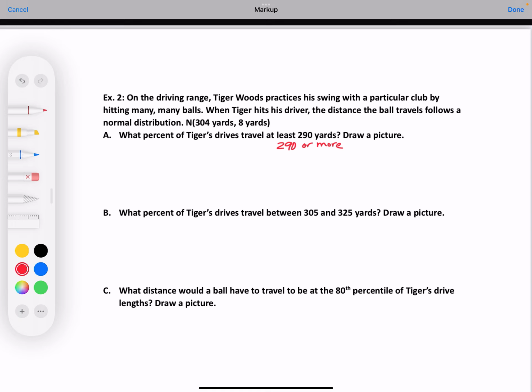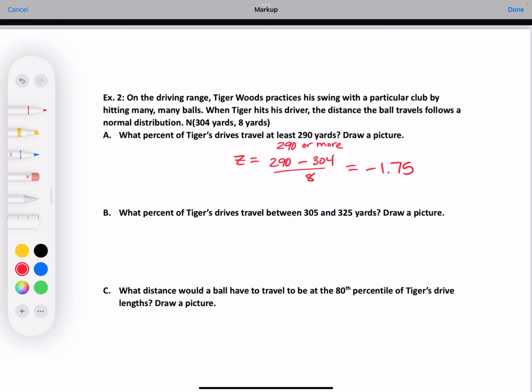So a couple ways we can look at this. We could use the table, which I keep forgetting to print for y'all, but they're in your book. We could find the z-score. So we could do 290 minus 304 divided by 8. And that would be minus 1.75. And then we could go to the table, and you could get the value from the table for the percentage